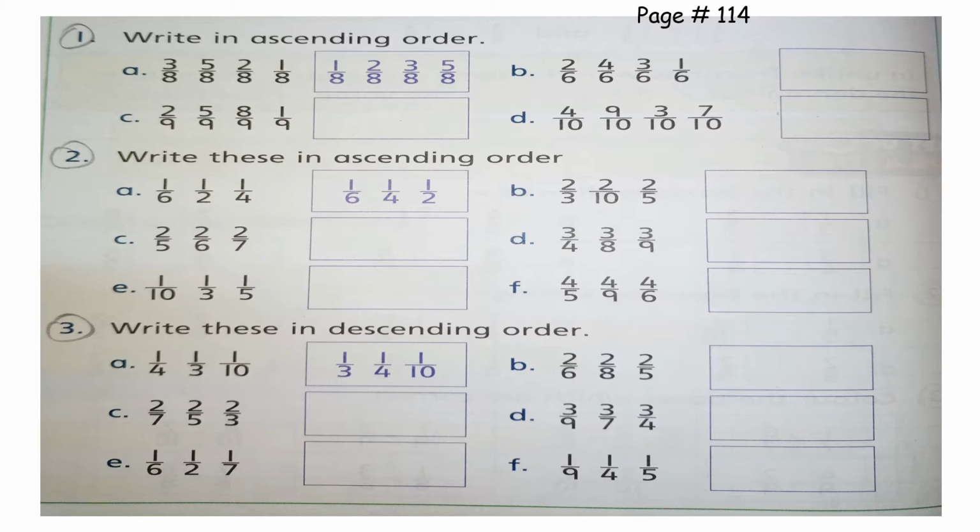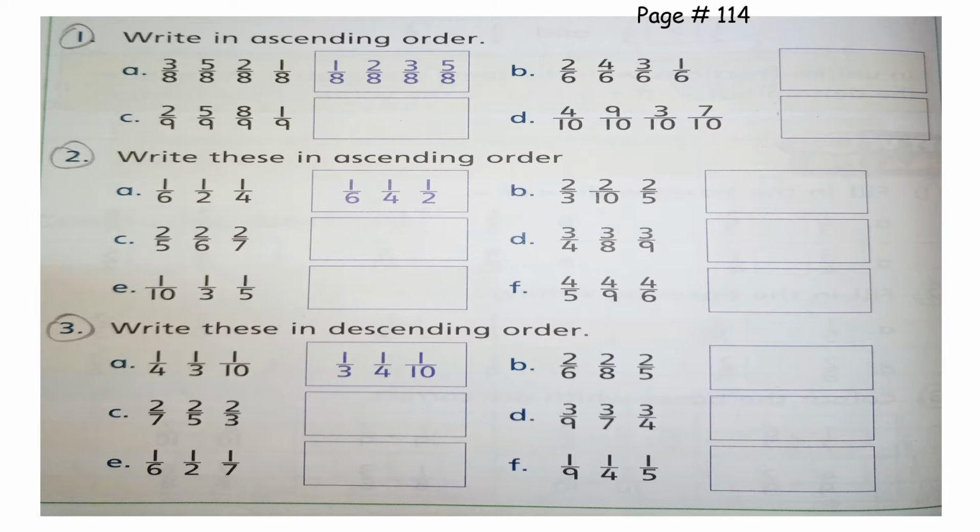In the previous lecture we have already learned about comparing fractions. We have learned that when the denominators are same, meaning in like fractions, we compare the numerators. When fractions are unlike, meaning denominators are not same, and numerators are same, then we compare the denominators, and the case is opposite. In unlike fractions, if the denominator is smaller, then the fraction will be greater, but in like fractions, if the numerator is greater, the fraction will be greater. So let's do these questions now.